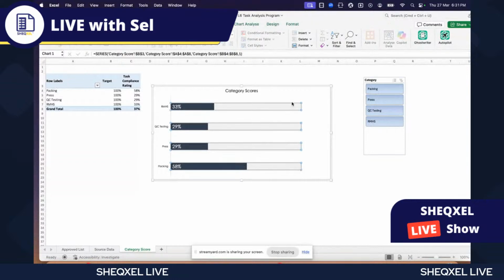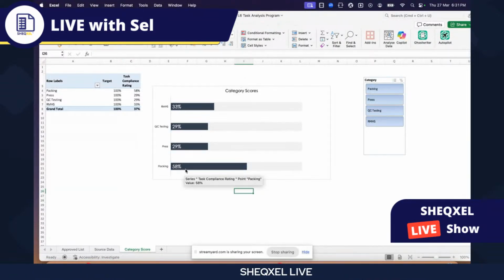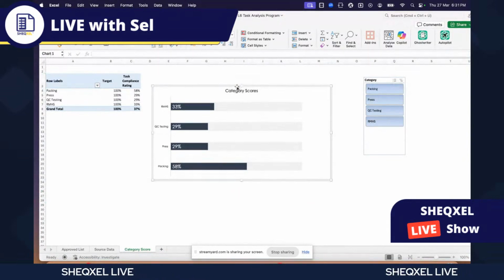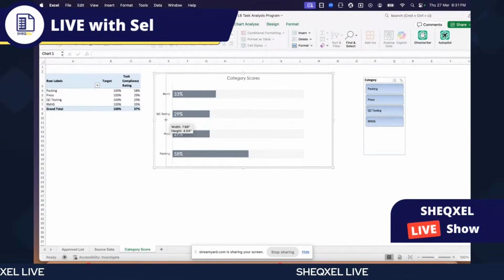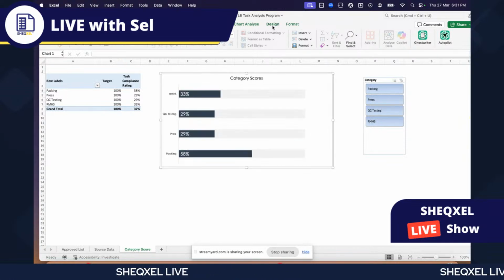So basically we have the target showing at the background and then the actual is right within it. As you are progressing, you will be approaching the target, right? That's what we've done just now. Okay, so this is something that you can always do if you have any parameters where you want a scoring